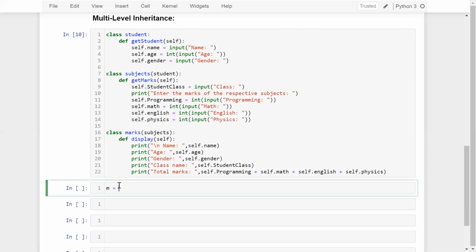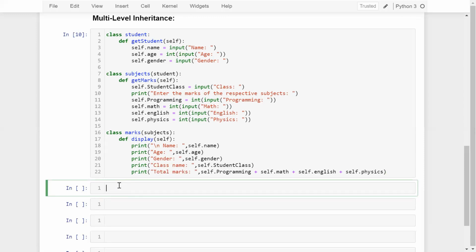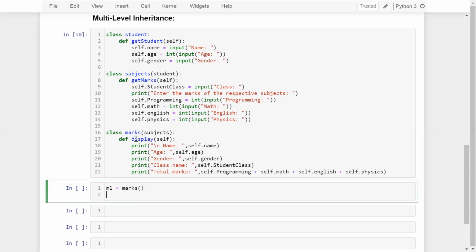So let's say m equal to marks and m1. So here let me create the object of your marks class, m1 equal to marks. So guys, when you created your object of your child class, it means based on this class object, I can access the get students. Okay, so how we can do that?